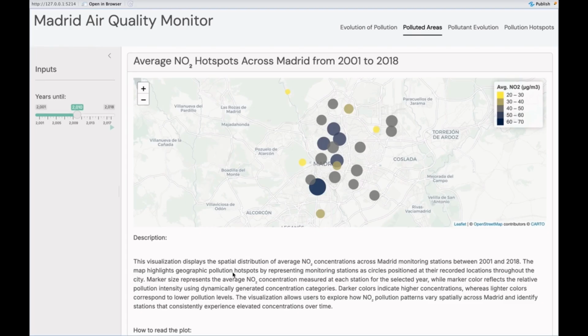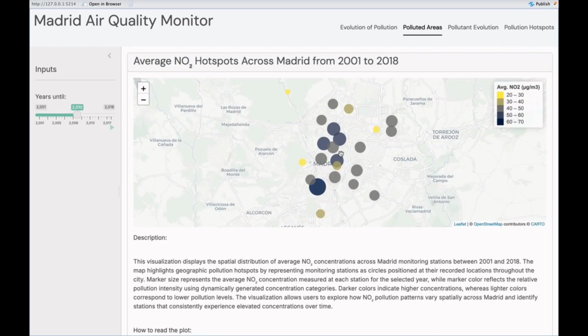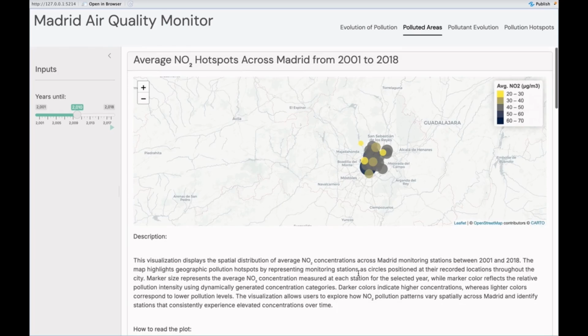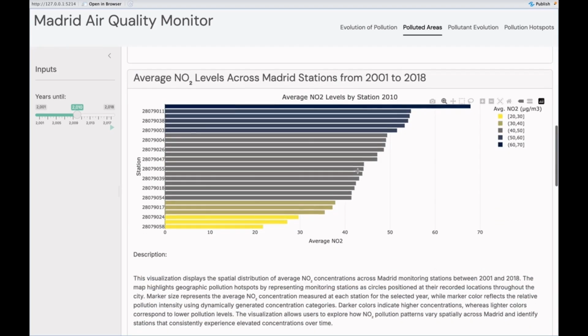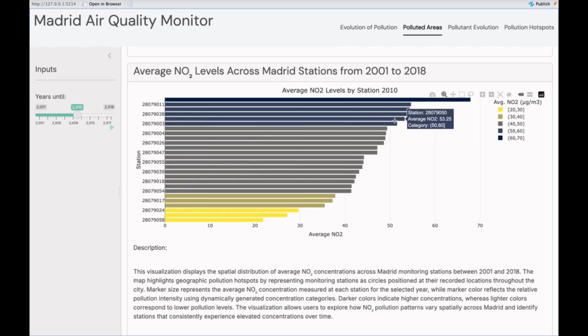For question 2A, we explored which areas of Madrid experienced the highest and lowest nitrogen dioxide pollution levels. We combined a hotspot map with a ranked bar chart. The map shows spatial distribution of pollution across Madrid, and we see on average, higher nitrogen dioxide concentrations are found in the center of Madrid, while farther from the center, it shows lower pollution levels. And the bar chart complements the map by ranking stations from highest to lowest, and that's also based on average